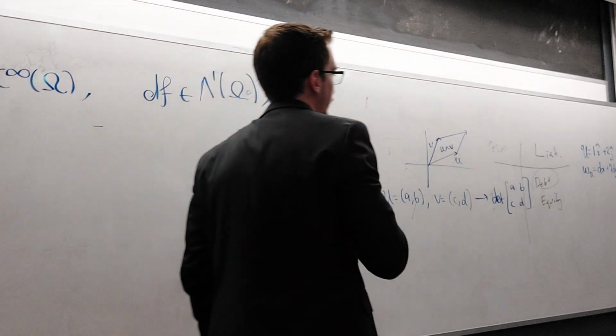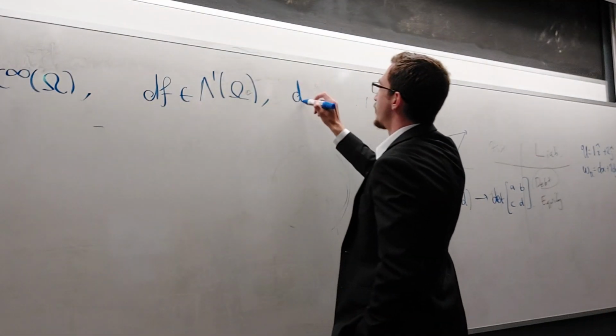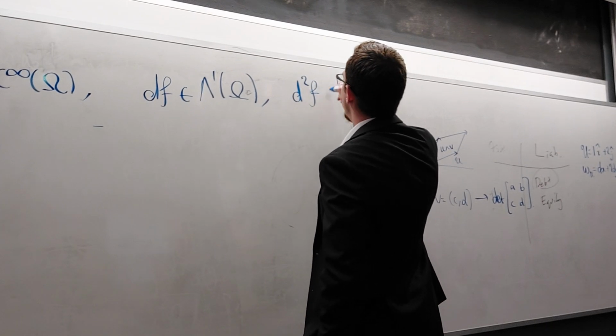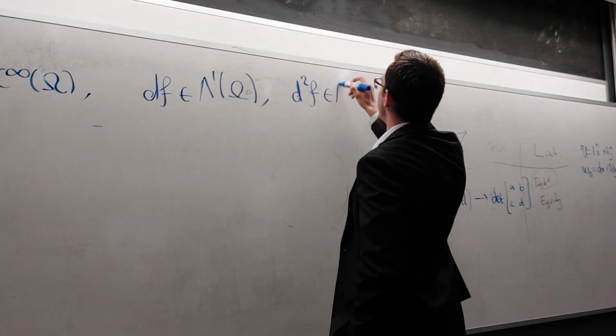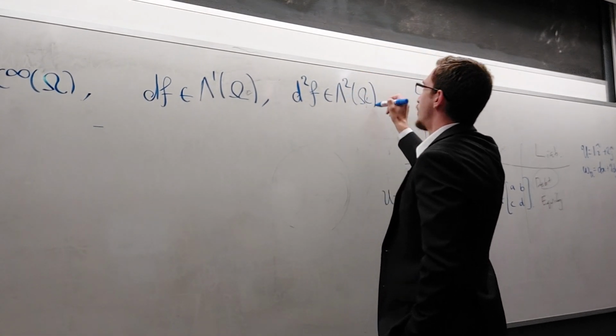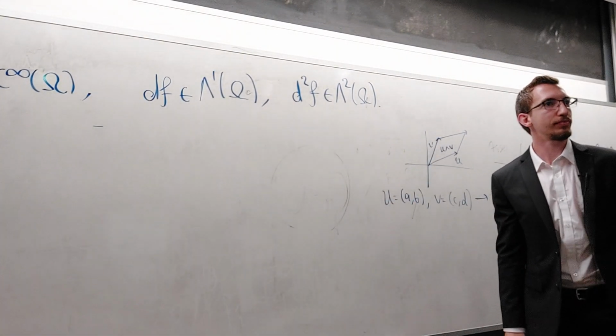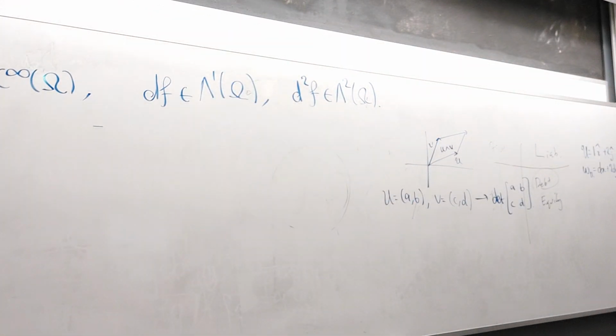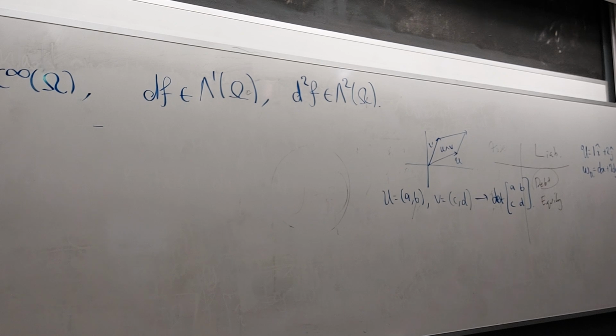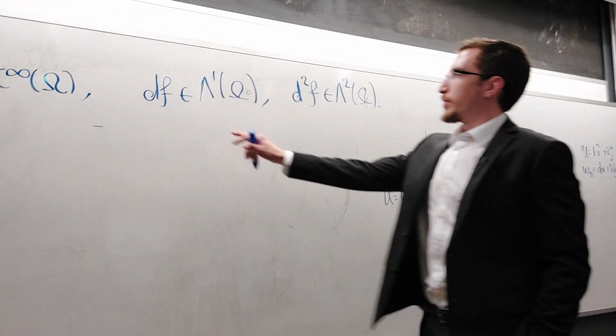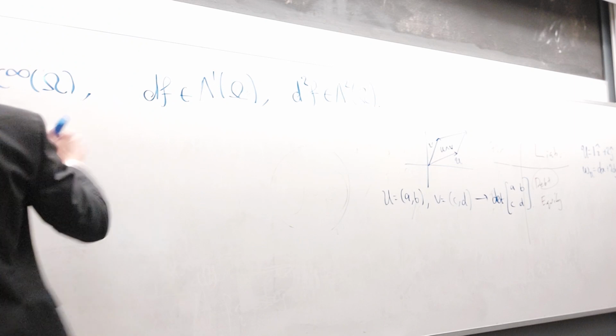What I want to do now is make sense of this second derivative. And I claim that's going to be a two form. We haven't defined two forms, but don't worry about it yet. How do we do it? Well, if I have